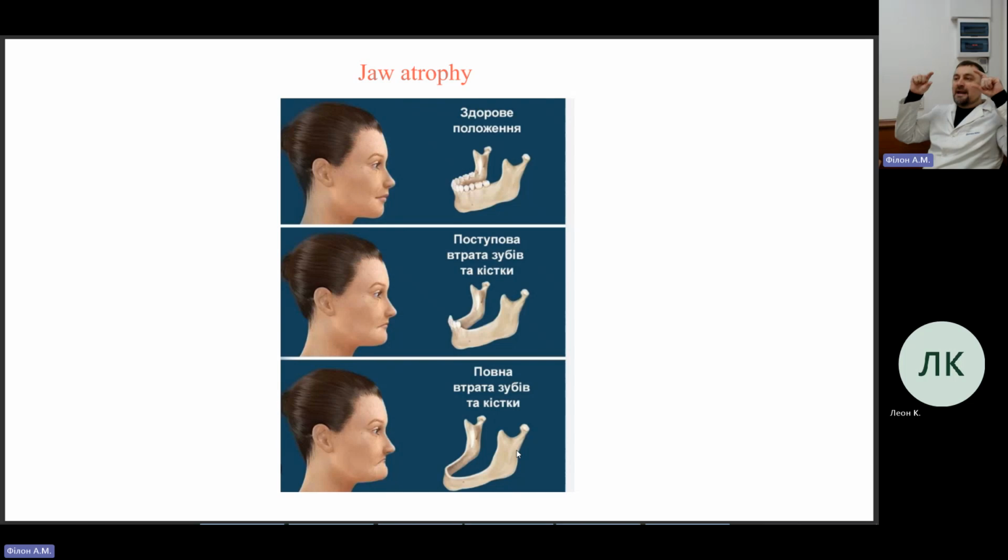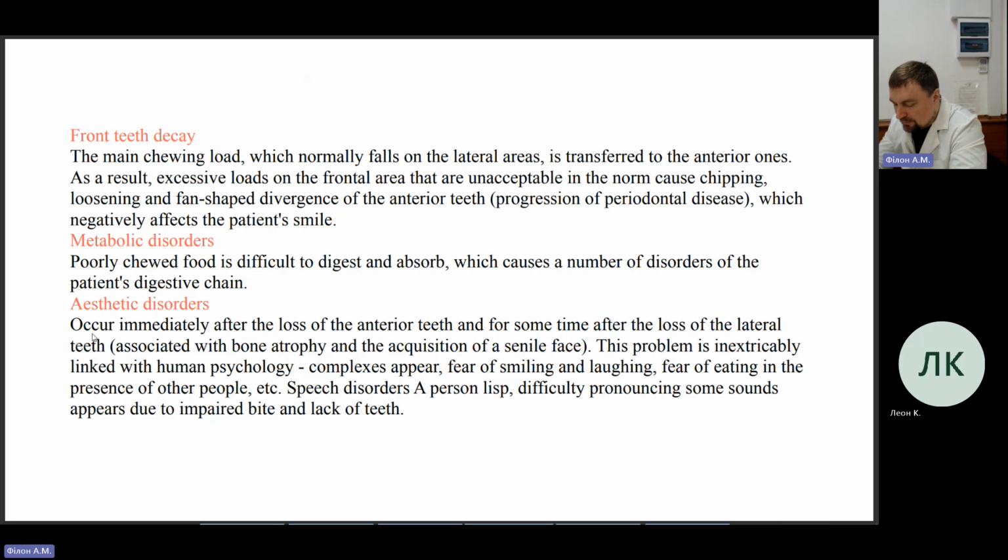And the jaw became less vertical, with horizontal atrophy. And just check that face on the third picture, see? The huge defect became worse. The difference between the first one and the third one. And all that problems just because she lost her teeth. But before prosthetics, let's talk about what loss of the teeth can cause.